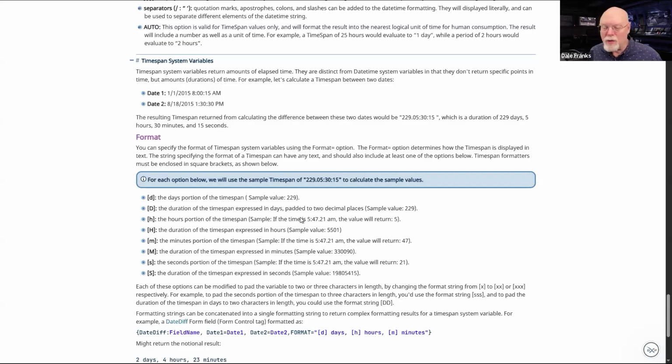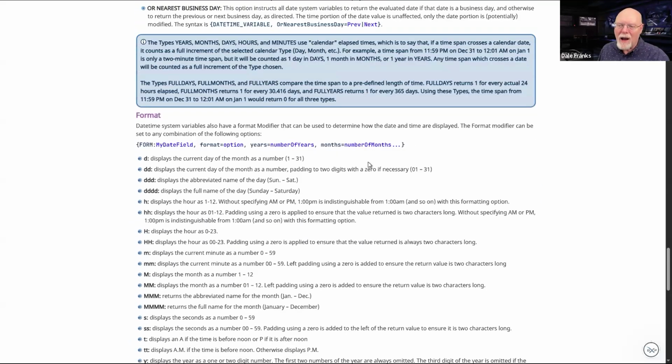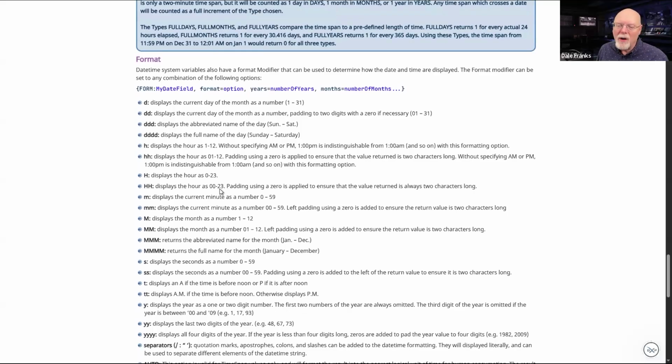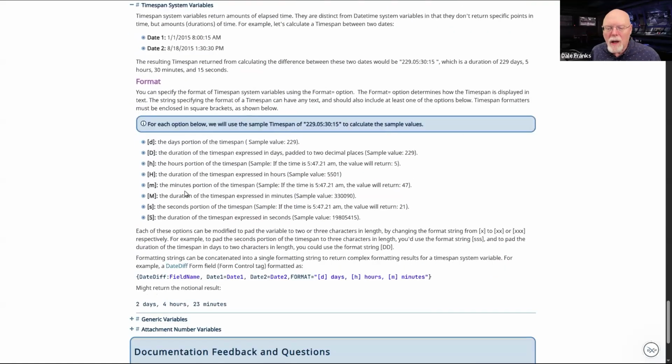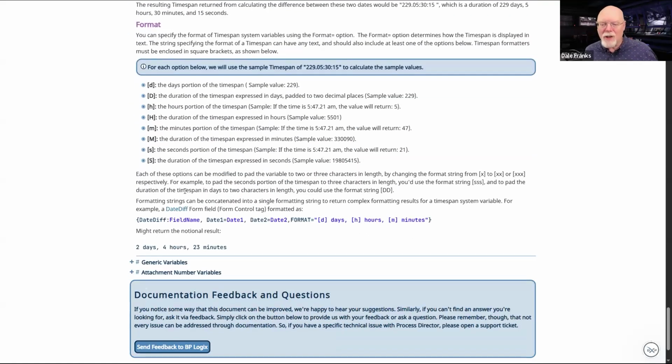Because we expect you to use text and a whole bunch of different text, depending on what it is that you want to do with the time span, it's going to be a lot more loosey-goosey. With date times, we got a really good idea of what you want to see for a date time, because there's a pretty limited number of date time formats that you're going to use. But when you go to time span, like I said, it gets all loosey-goosey.